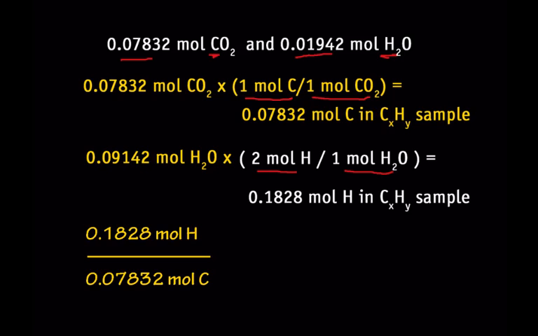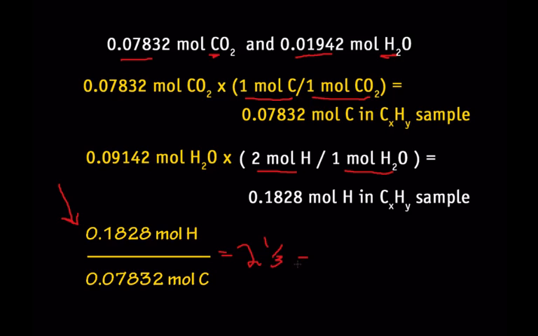What we're going to do is take the ratio of the amount of hydrogen divided by the amount of carbon. That tells us the number of moles of hydrogen per mole of carbon in the compound, or the number of atoms of hydrogen per atom of carbon in the compound. And here's an important problem-solving tip: we always divide the larger number by the smaller one. You can do it the other way, but dividing the larger by the smaller will give you a much more unambiguous answer. In this case, this ratio turns out to be 2 1/3,